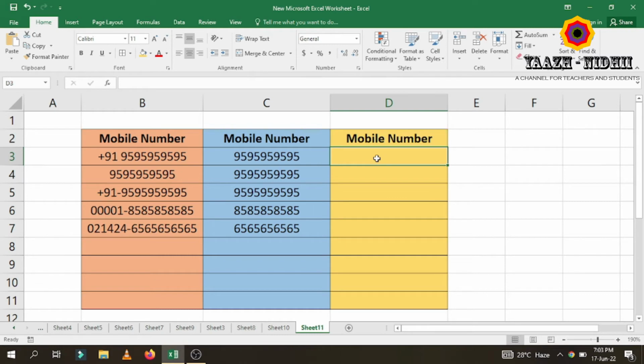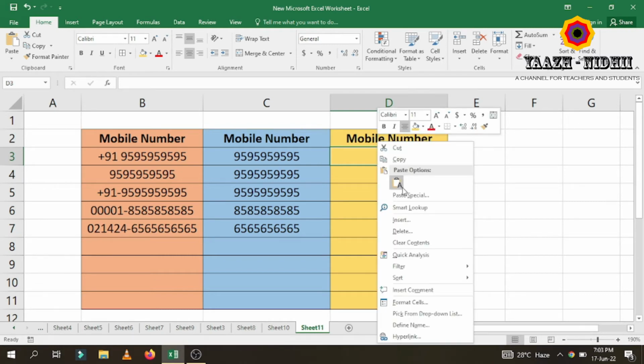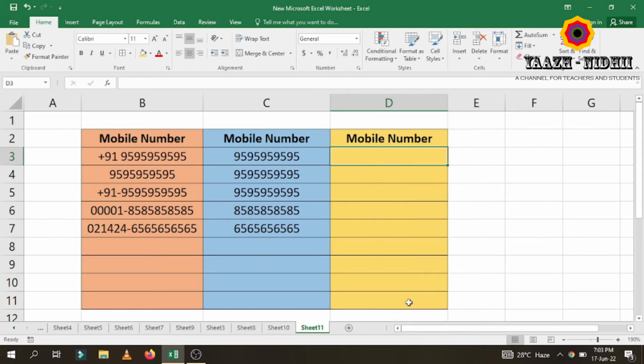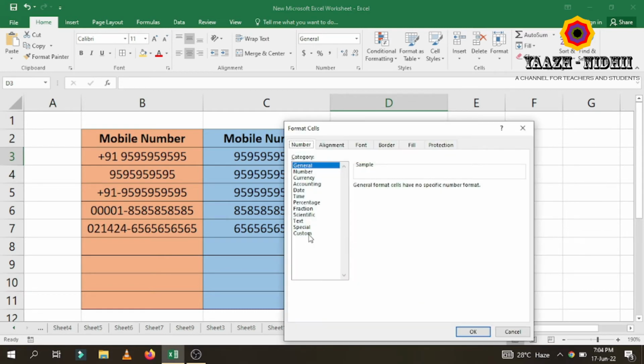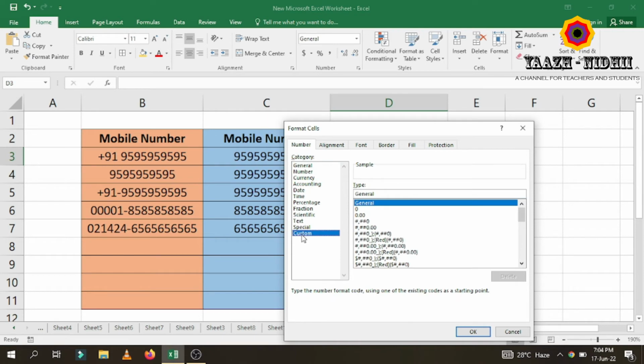Click on the cell, right click, go to format cells, click on custom. You can see on the right side there is a word General. Select it and delete it. Enter